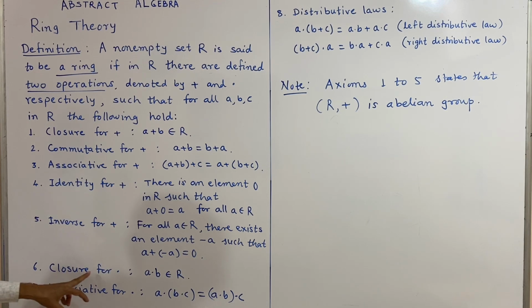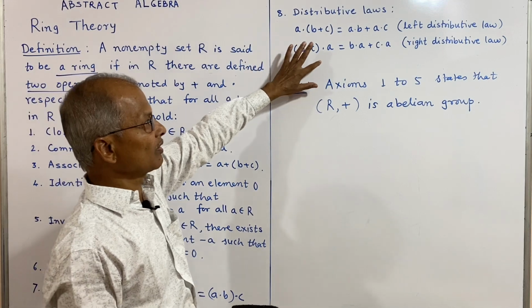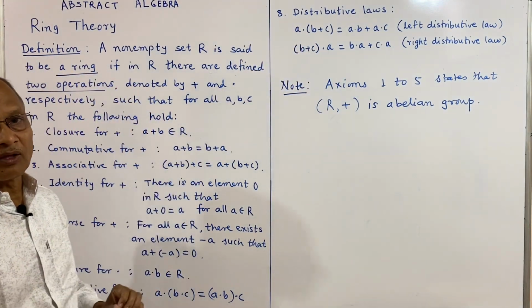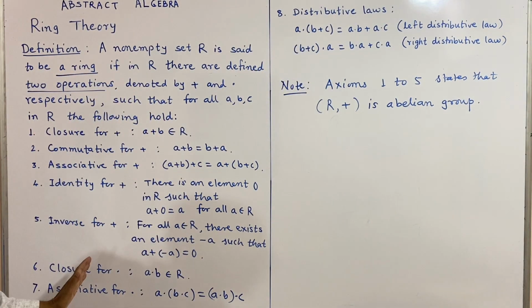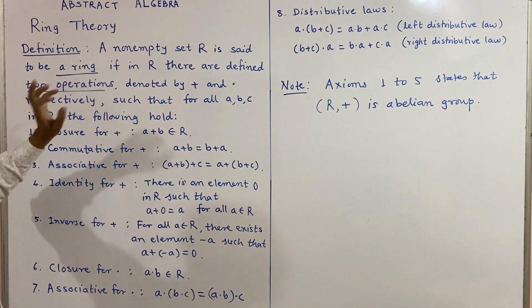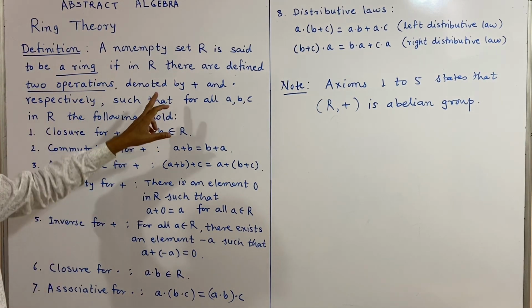And then the next are closure for dot. Closure and associative law must hold for dot operation, or multiplication operation, and the distributive laws must hold. So if all these laws hold, then we say R is a ring with respect to these two operations